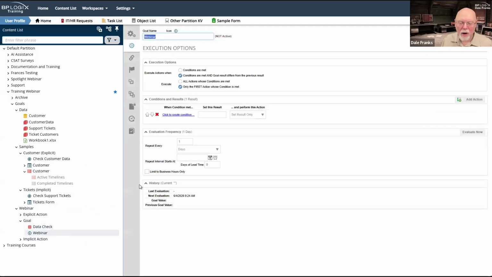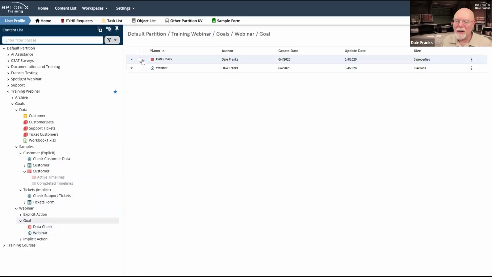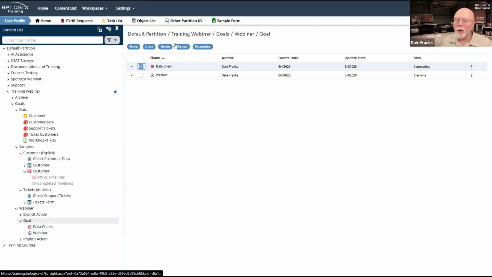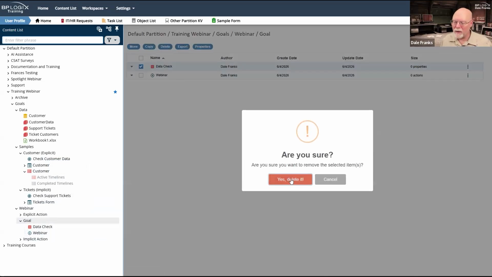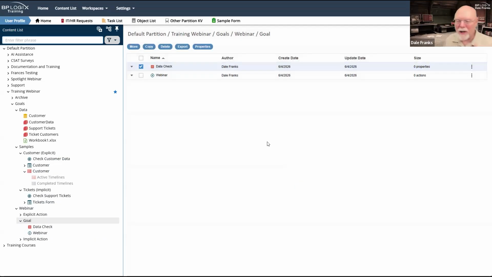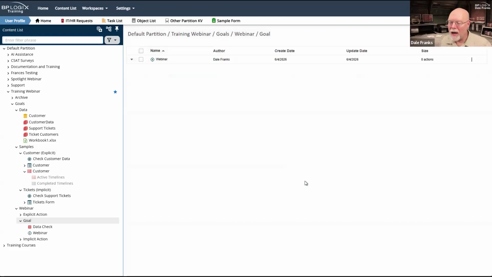So let's just go back here. Let's get rid of this data check because we're not going to need a different business value. We'll just pull the same business value. We're going to recreate it, but we're going to do something different. But we are going to recreate that business value. So I am going to reset it. So what we're going to do is a customer data check, and we're going to change the data off just a little bit.